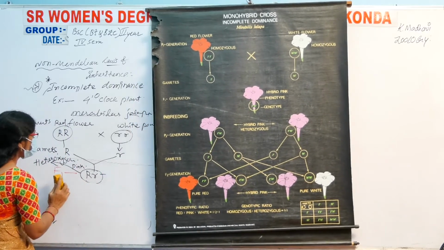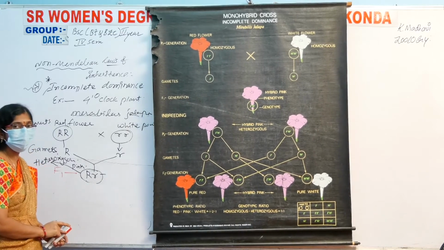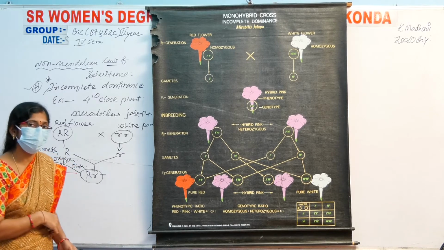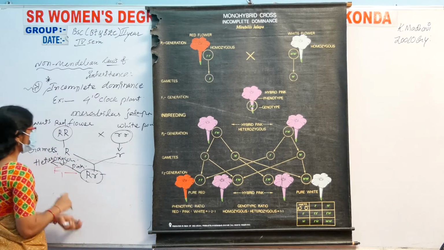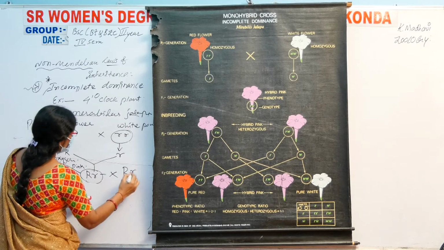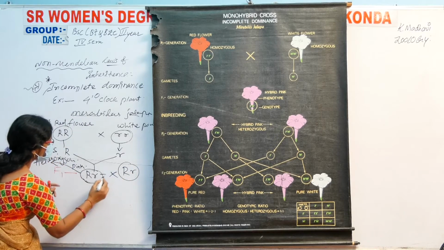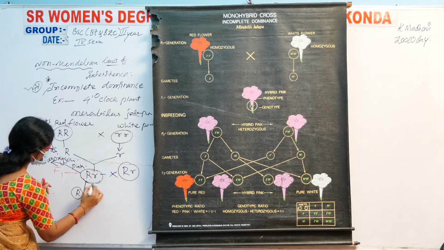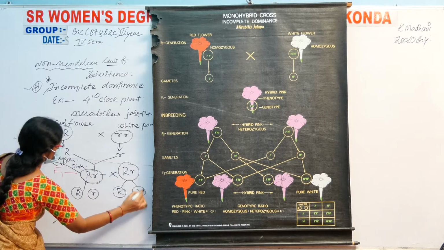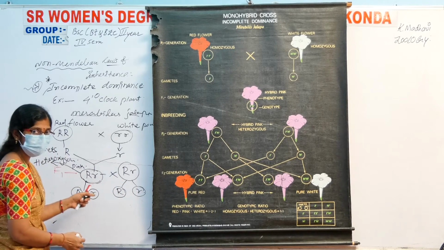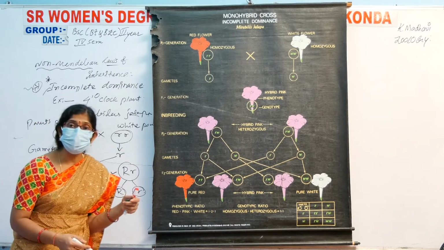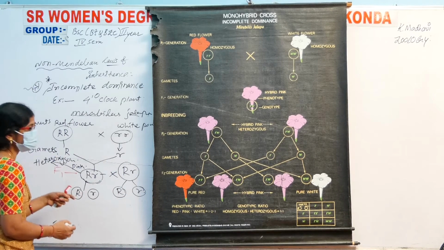And next here the F1 generation, and the same process of complete dominance we can follow here. Here the capital R, small r, and we cross with the hybrid generation, that is capital R, small r. What gametes can be produced here, both, and here also. Just see here. Why Bennett hypothesized incomplete dominance, and he did this test cross. What is the result?